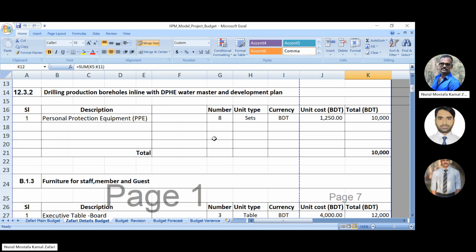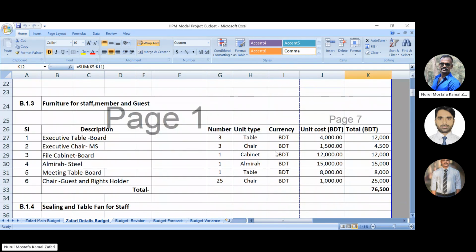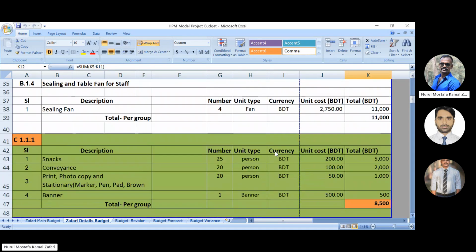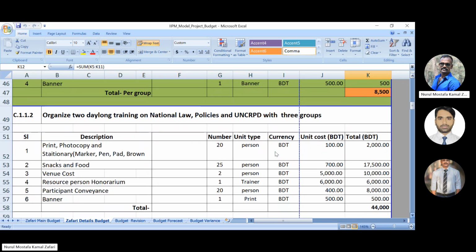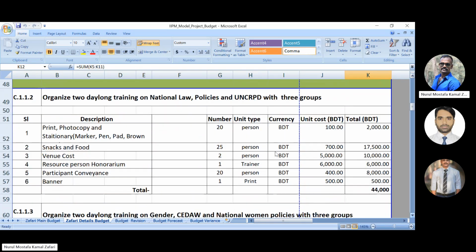For example, we have a training on national law, policy, and NCR with 3 groups. This is an activity. Now we formulate a budget for this activity. So what we need: description, the numbers, the unit type, the currency, the unit cost, and the total cost. So when we formulate the activity-based budget,